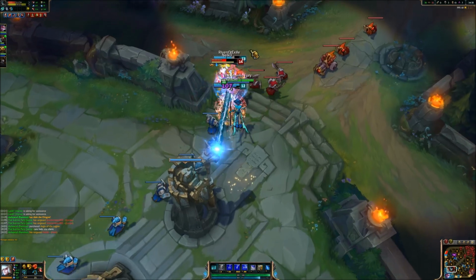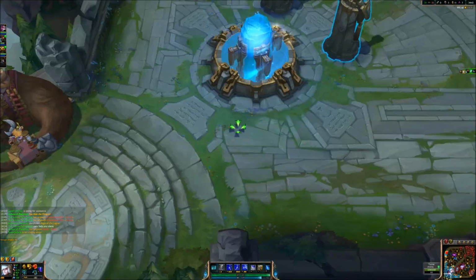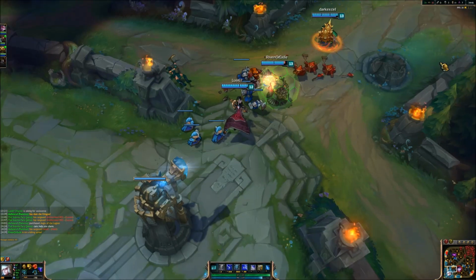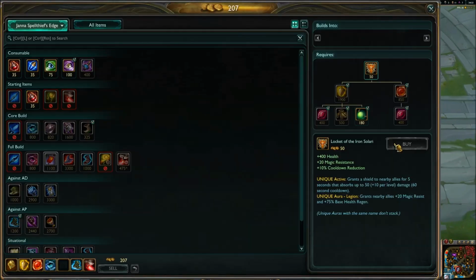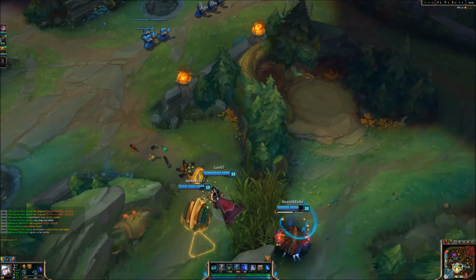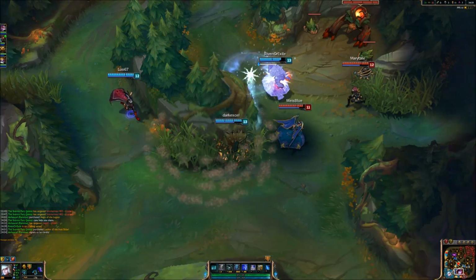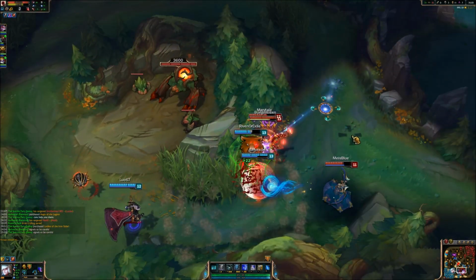Oh, the cog is very weak, so I can afford a Solari now. This is my core build, especially if they have so many AP based champions. The next item I will get is the Oracle against Akali, obviously. I think she is actually the only enemy which is probably